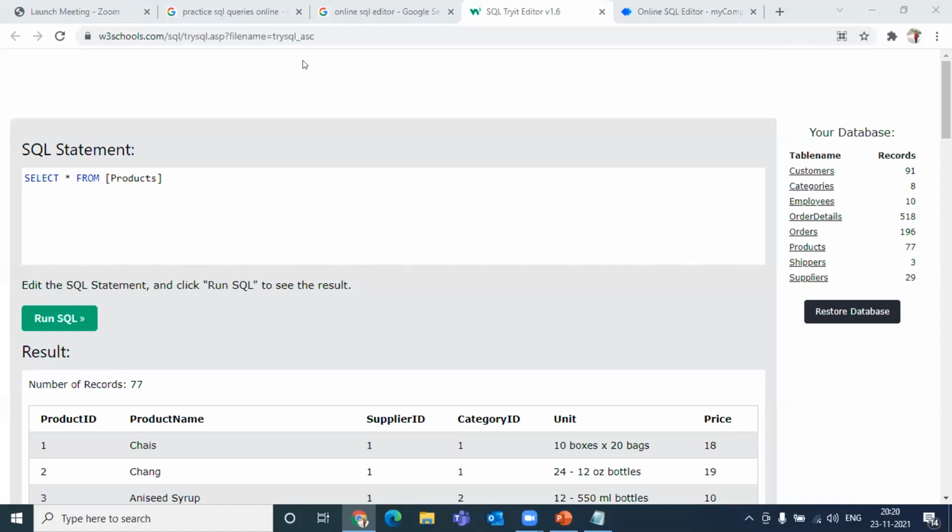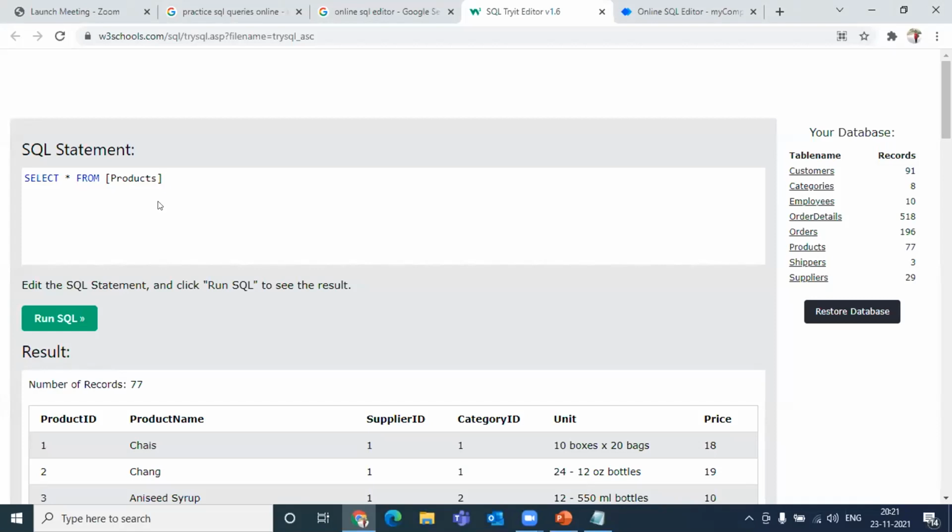Select star from product, select products from table name. Do one thing, write it over here. You all have a link, isn't it? Please write the query and run it, and tell me if it is working or not. Khairudin, not the categories table, it's the products table. Okay, the query is wrong. We need the products table.